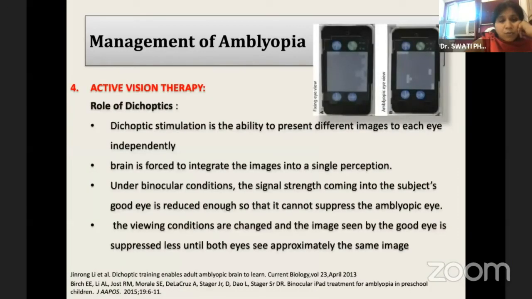The role of dichoptic therapy is also coming in a big way, because the major advantage of dichoptic therapy is that both eyes are stimulated at the same time. So the amount of binocular interaction that is possible with dichoptic therapy is not possible with monocular therapy, and that's one reason why it is now preferred more for amblyopia management as compared to monocular therapy. It may be given as a standalone therapy in mild cases, or could be combined with occlusion therapy as well.